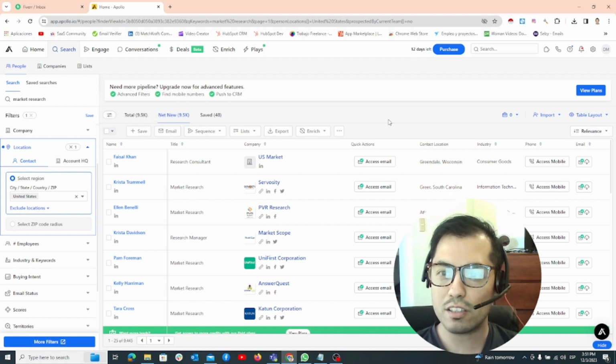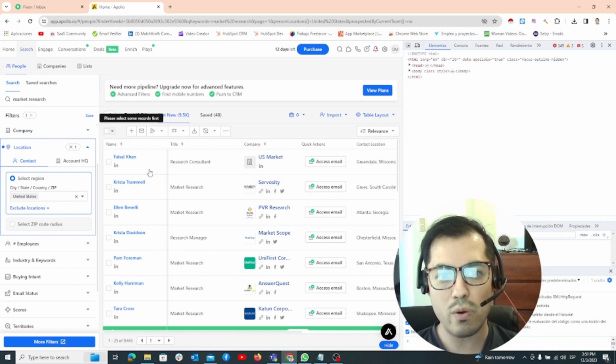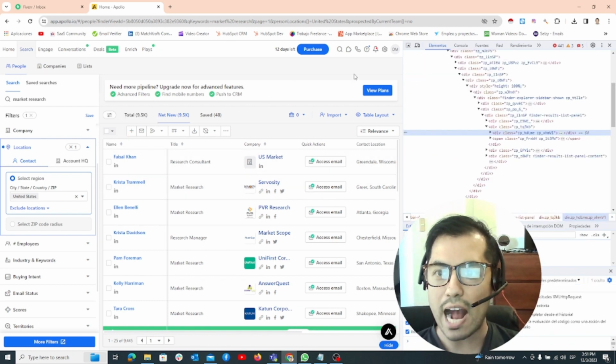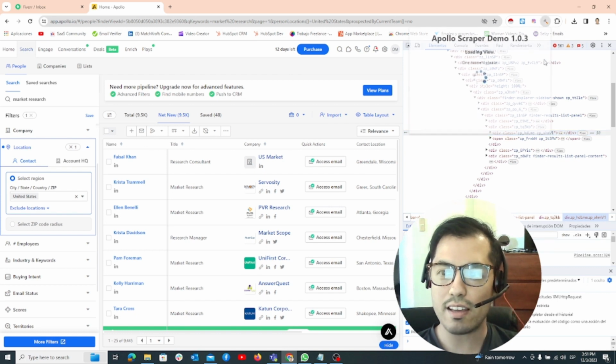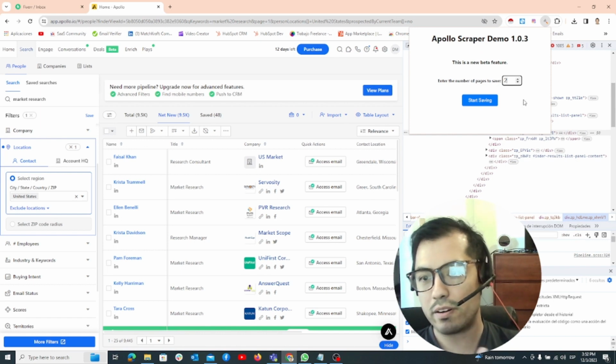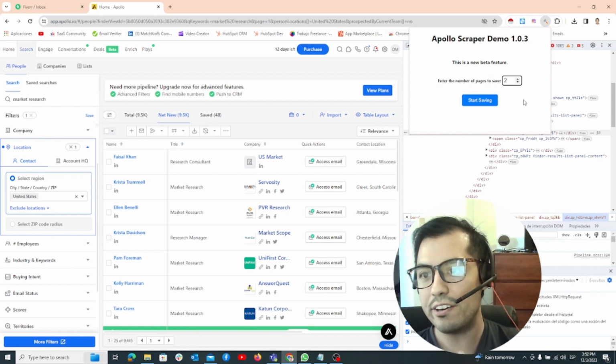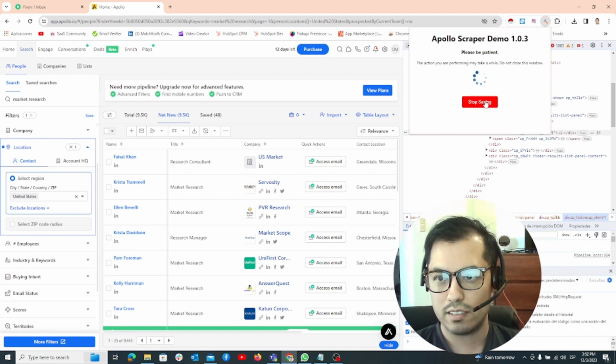So how to do that? Just click inspect. So I will click inspect, and this button is now a plus. So it is now a plus, and I will start the extension. So I will just put 2, right? Remember, if you have the full version, you can put 10. So I recommend to put 10 pages. So I will just click